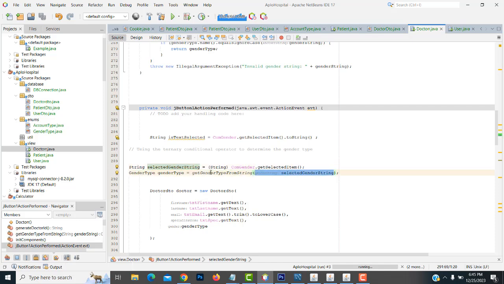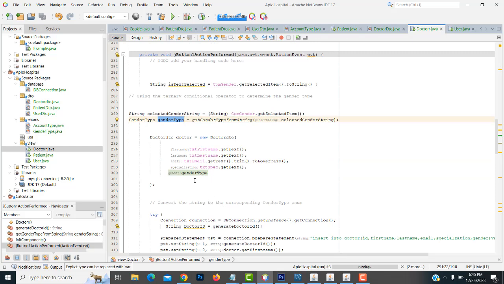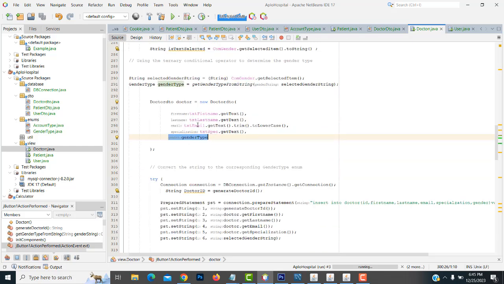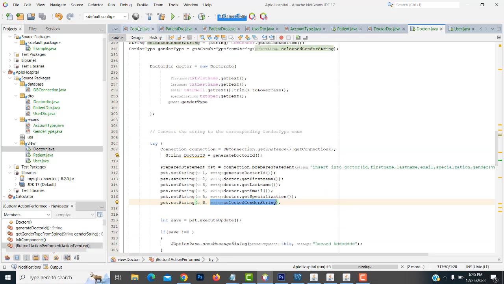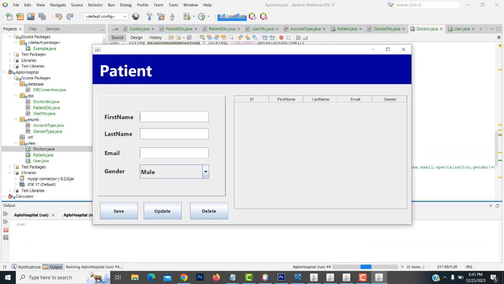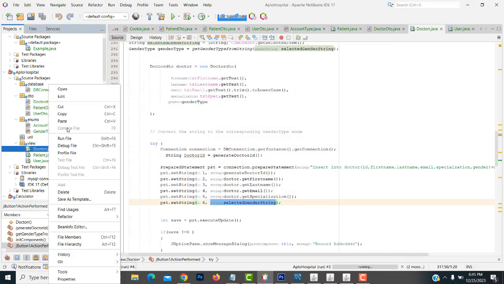It will be converted as a string. If you call this here, it will convert as a string. Then you have to pass it here, the gender type. After that, you have to call this converted value here. That's how it works. So you have to insert the value. That's all. Now here, doctor,